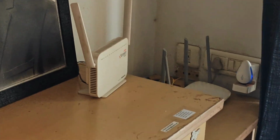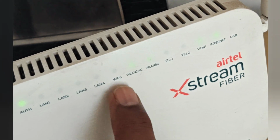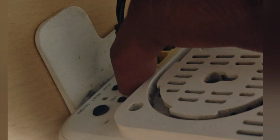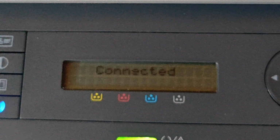So I go back to my router. You can see that the WPS light is not glowing. On the back there is a WPS button. Just click it once and then you will see that the router and printer are connected, and it will also